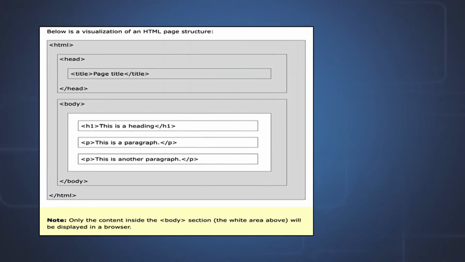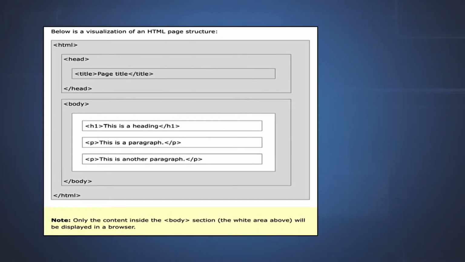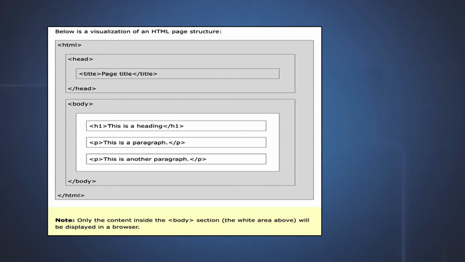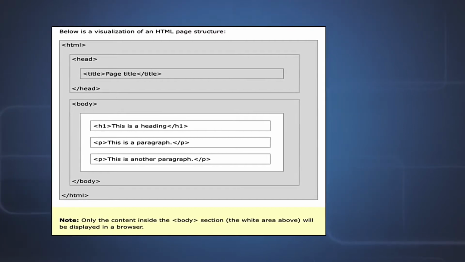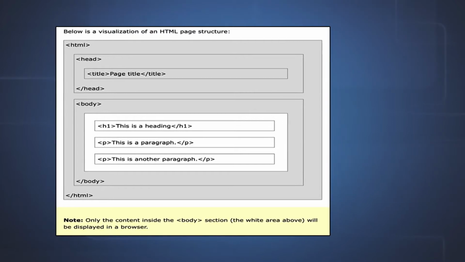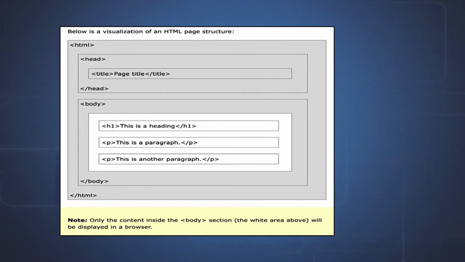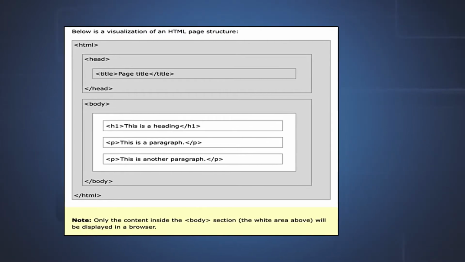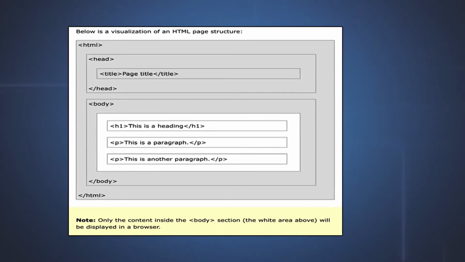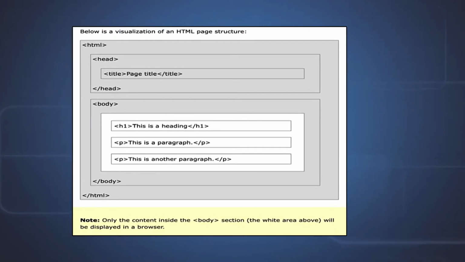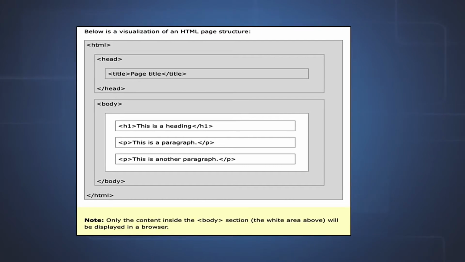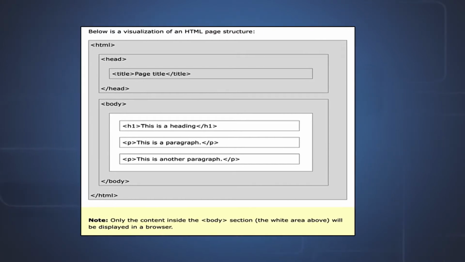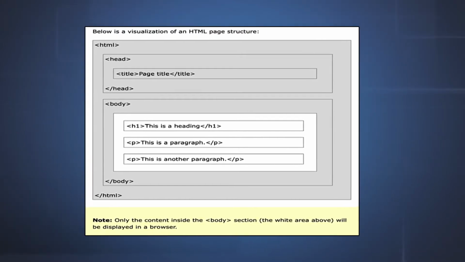So, normally an HTML page structure will be like this: starting is HTML, followed by the head tag, followed by the page title tag, and then you close the tags and start with the body tag. The body tag will have the information which will be displayed as the content of the web page.